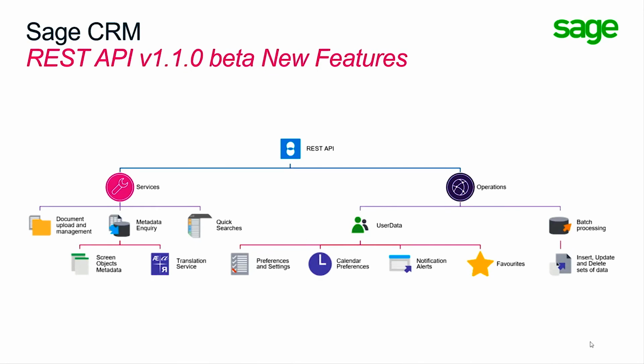We've seen how we've added in a quick find endpoint, how it exposes information from the user about their preferences, settings, and also about their notification messages. And we've also added in batch